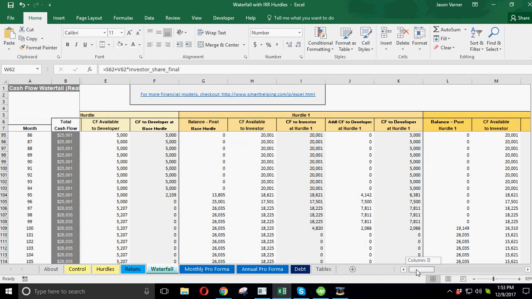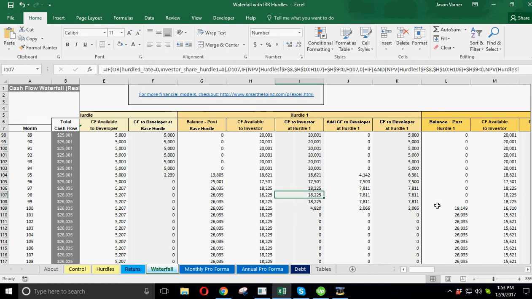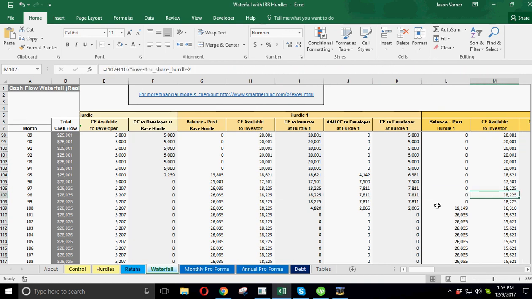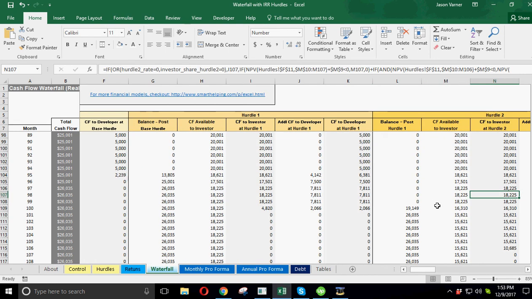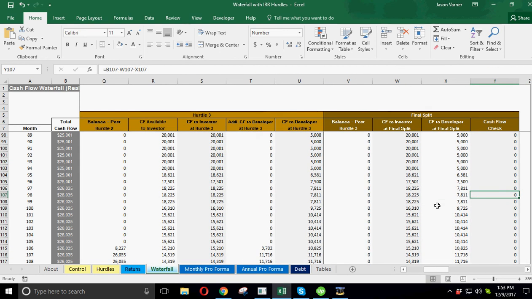Okay, so here's the first one. You can see it's taking hurdle 1 up until this point. So that would be 18.2 and 7.8. And then it's going to switch to 15.6 and 10.4. So there you go. Final split 18 and 7, and then look at, you got the 15.6, 10.4. So this is going to pull the correct amounts based on where you're at in the hurdle